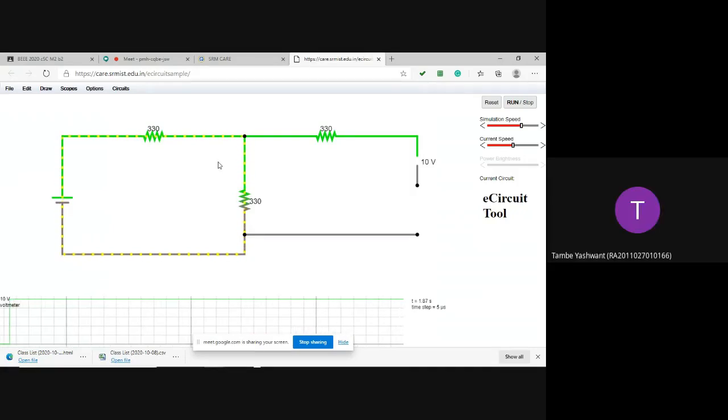Ma'am, only higher potential should be same as that of 330 ohm. What do you mean by higher potential and lower potential? I am talking about VAB. So that is the potential difference between A and B terminal. It's not higher potential and lower potential. Anyway, here we have to take only one voltmeter, 10 only it will be giving. How come there will be lower potential? Lower potential is always 0. The reference node is at the bottom for 330 also.